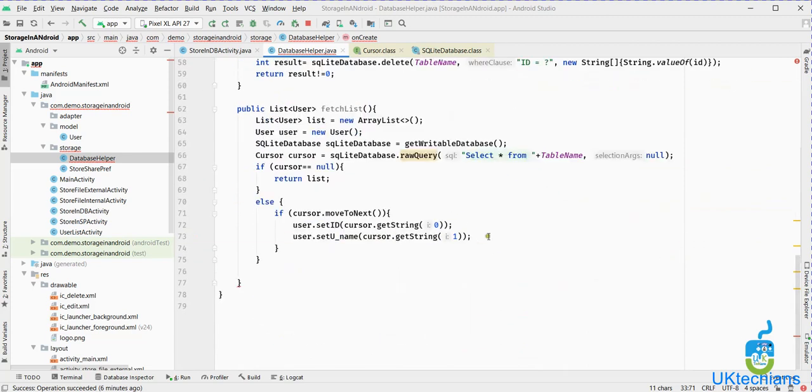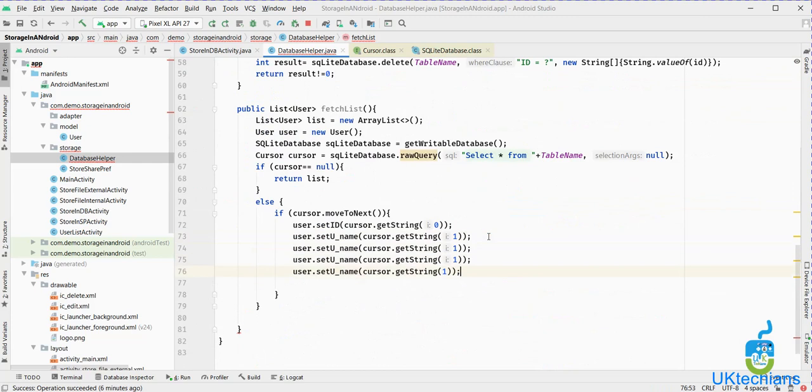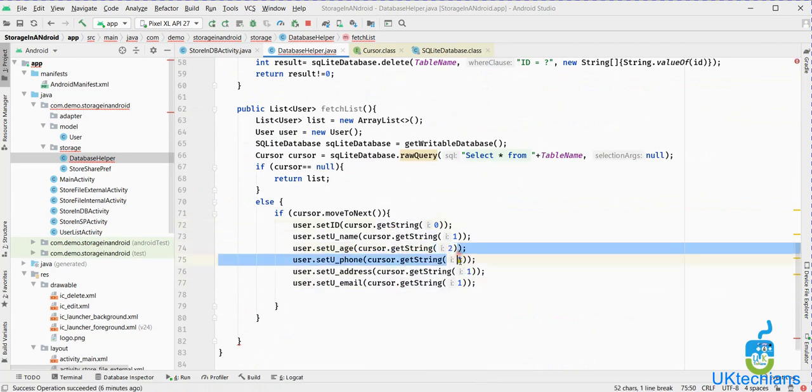So we will continue it like that, right? Two, 3, 4, and the last one is 5, right?